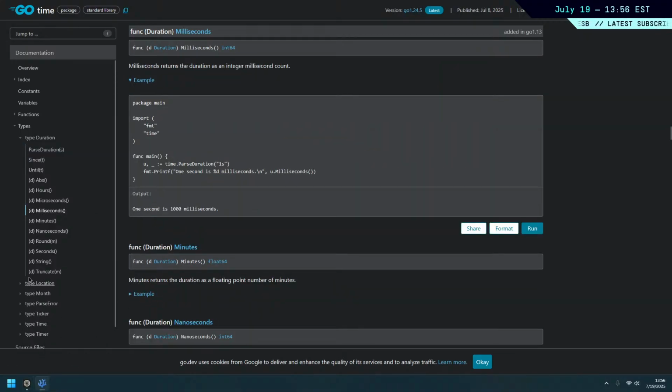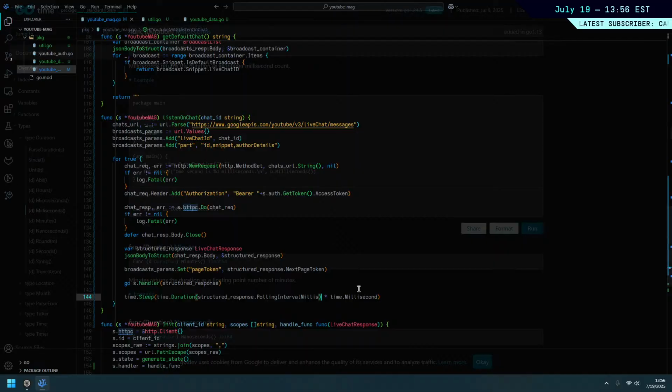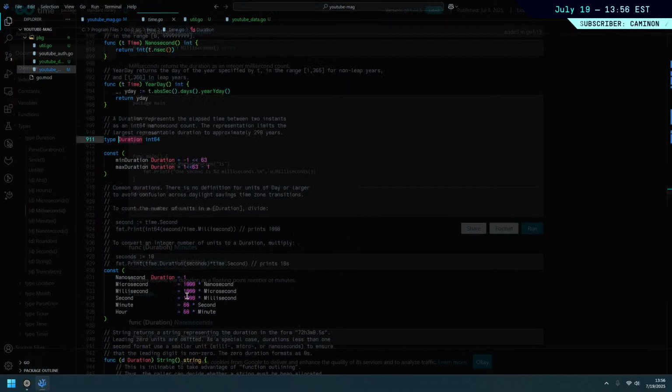I don't know, man. This scares me. I know this is going to go wrong, because a duration represents the elapsed time between two instants. The representation limits... So we have a duration, and then